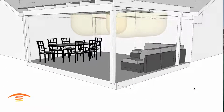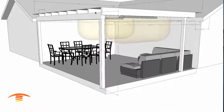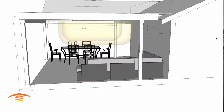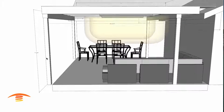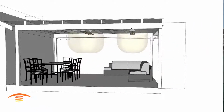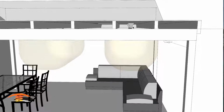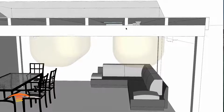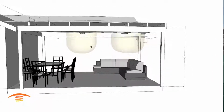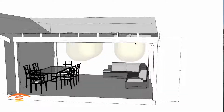And so you can see that we have 7 feet 2 inches here at this bottom edge of this joist, I'll call it. All right, let me go back here. And so yeah, that's an important part of this application, is the height that we're dealing with, and that's why I'm trying to stick them up as high as possible. This gives me about 6 more inches if I place them in here rather than on the bottom edge, going with, say, like a Slimline or something of that nature. So that's why I've chosen this C model rather than this Slimline. So it just gives me a little bit of a different